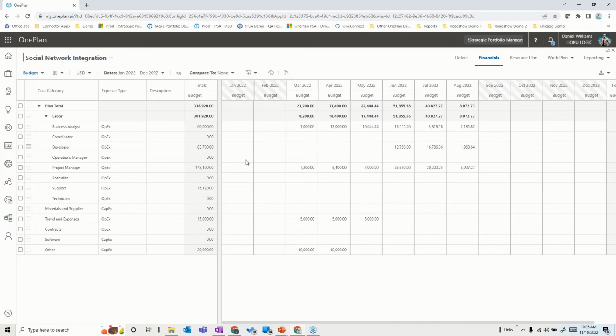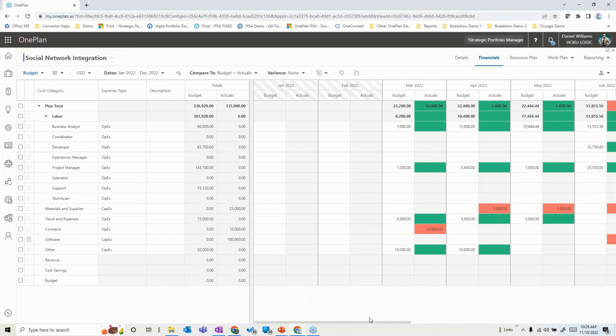Now, it works like a spreadsheet. As I mentioned, the labor costs could be coming in from your resource plan. I've also got these different cells where I can work with these things in individual cells and just enter, update data in these areas from a financial perspective. And then I can even compare things. So let's say, for example, I have a budget and I have a revised forecast or I have actuals. I can actually come in here and compare, for example, the budget versus the actuals.